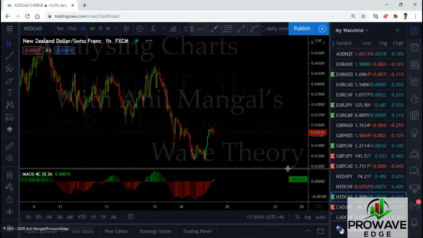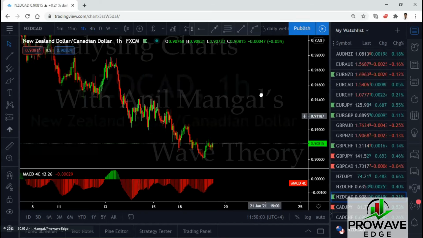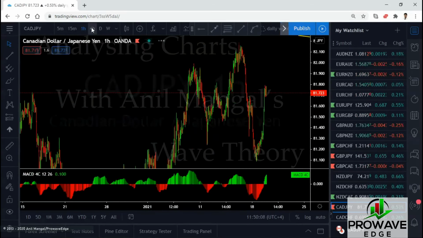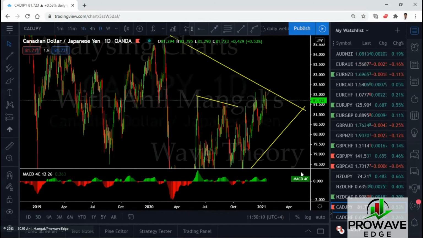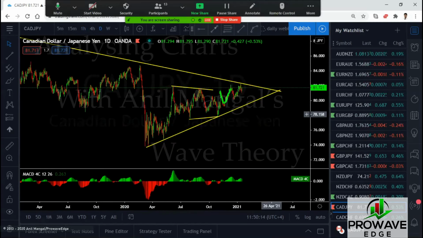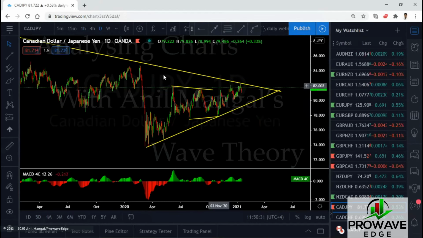Swiss, New Zealand CAD, same thing. And CAD yen. CAD yen also, we are expecting big downside. Very similar structure. It's going up once more. See, they just come, they go up, come down, go up. They could break the top again once more. If this is a running flat, we will go a little higher. But they have to break that structure before we negate any big flat pattern here. For now, it's still downside.